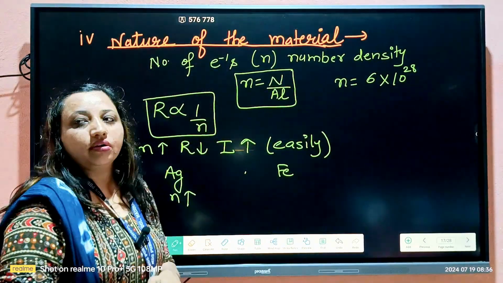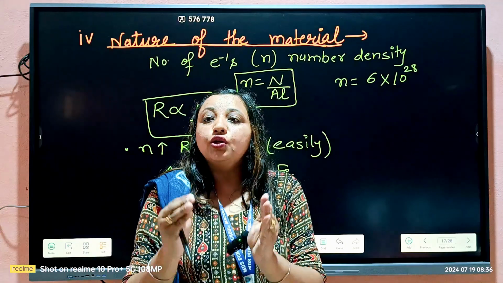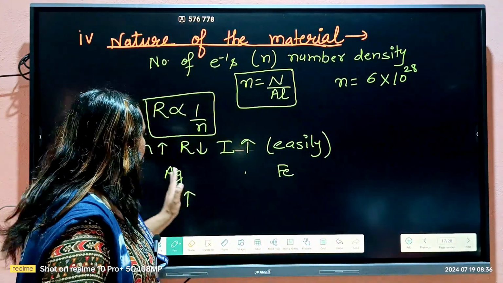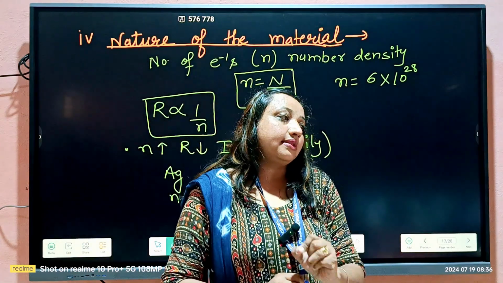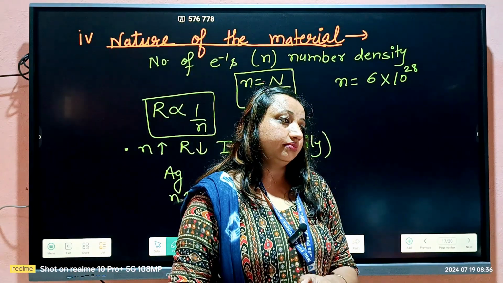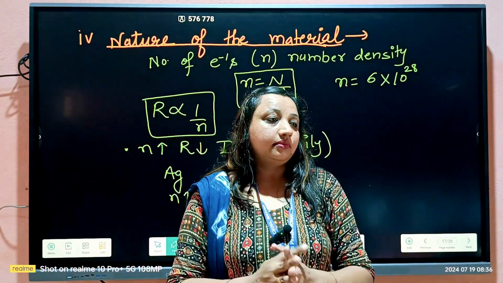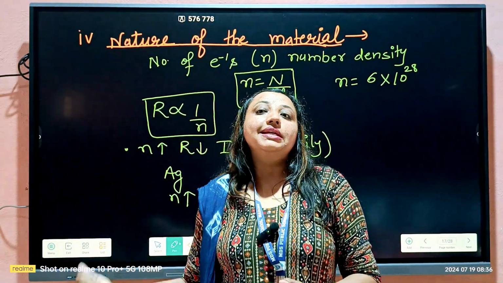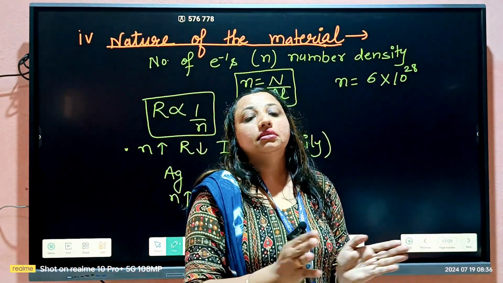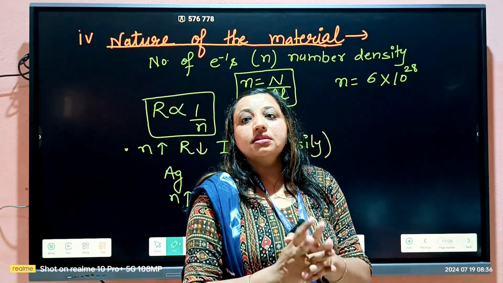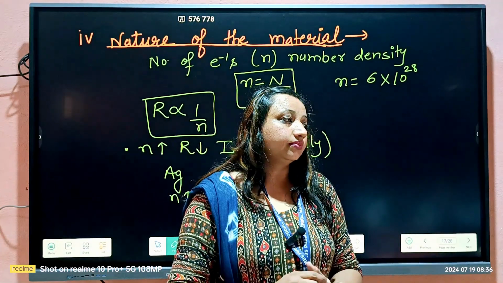explained by the electron density or the number density, that how many electrons the conductor has per cubic meter. So silver has greater number density or electron density per cubic meter. Per cubic meter में current carriers silver में ज़्यादा हैं in comparison to iron. That's why silver is a better conductor in comparison to any other material. Then second one is copper, then aluminium, then iron, right?